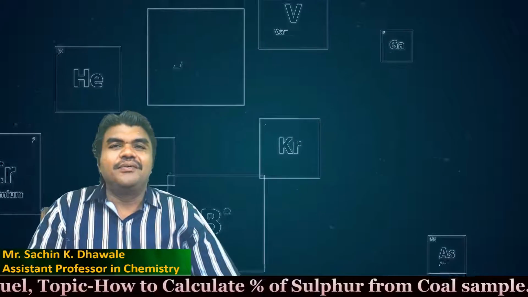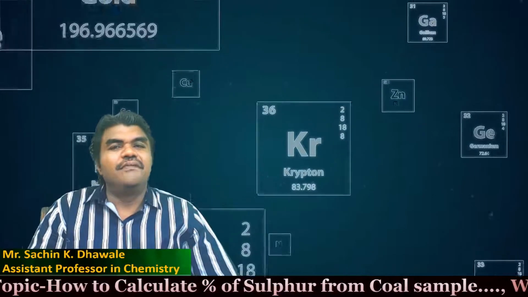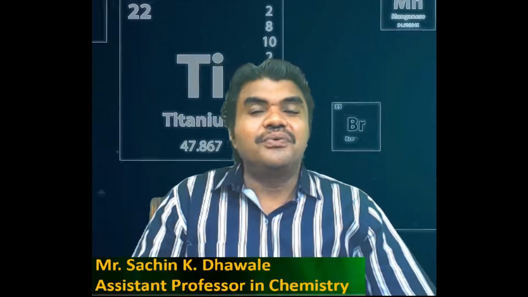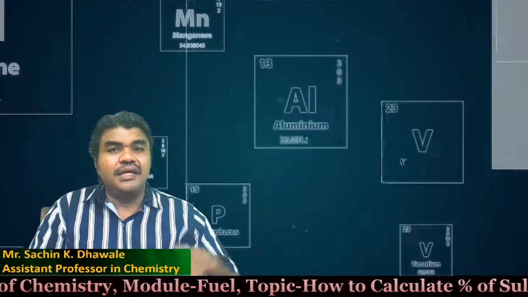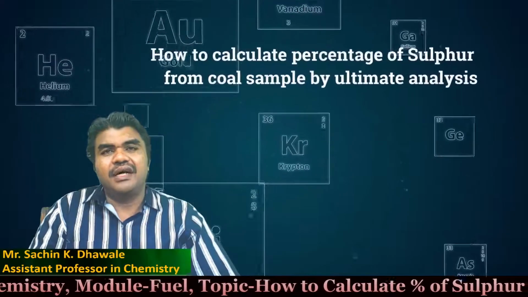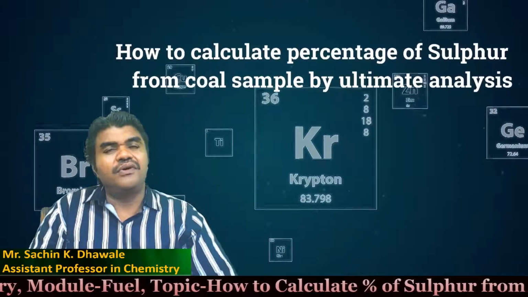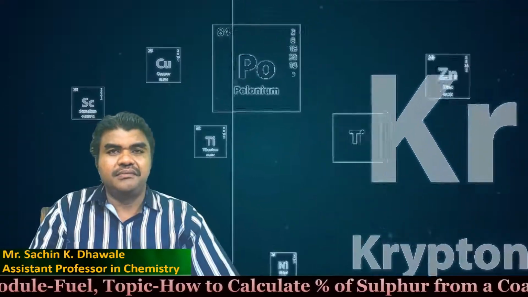Welcome dear student in today's session of Engineering Chemistry Module 12, and the topic of today's discussion is how to calculate the percentage of sulfur present in a coal sample by using bomb calorimeter. There are some short examples taken for your better understanding. So let us